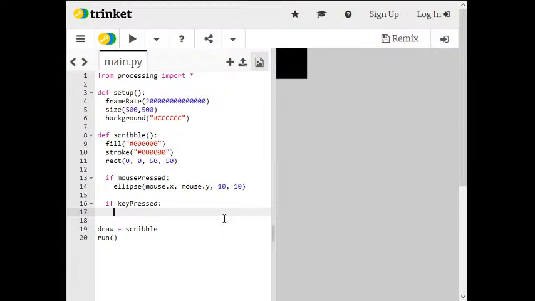So if it's key 1, do this. If it's key 2, do that. So I need to put an if inside an if, and we call these nested ifs, right? Because one makes a nest inside the other. So if the keyboard is pressed, then I can say if, and inside brackets, I can say if the key, which is which key of the keyboard was pressed, if the key equals,